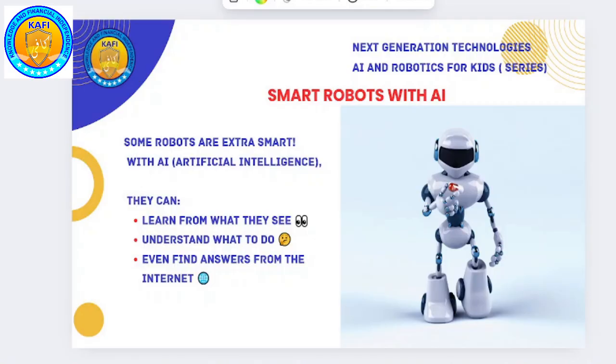If I give them a color, this is a red color and this is a green color, they can detect the difference in color. If I say, if you see a red color, go right, and if you see a green color, go left, the robot would do that. And they understand what to do.